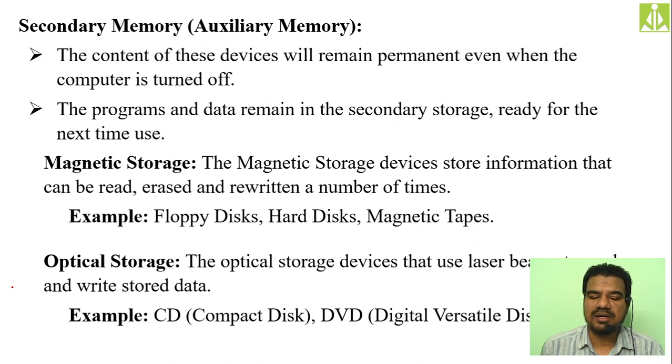Magnetic storage is nothing but the cassettes kind of thing. In olden days, we used these cassettes for storing songs, and VCRs, if you have heard this term. In those we use video cassettes, which have magnetic tapes, a magnetic film kind of thing. On that the data, the information, will be stored. So the examples of magnetic storage are floppy disks, hard disks and magnetic tapes.